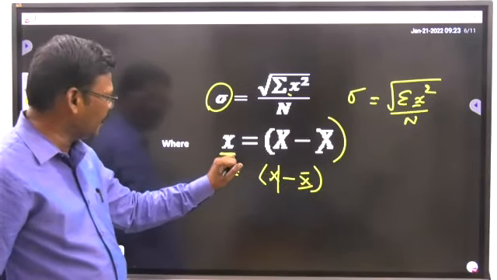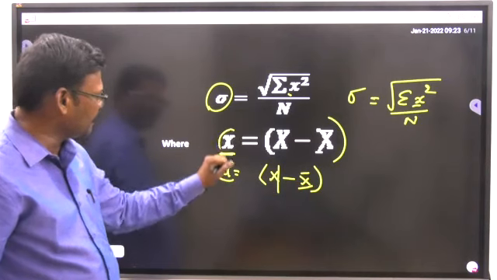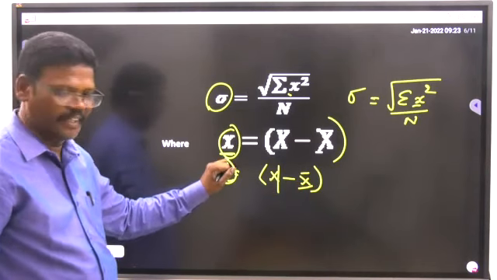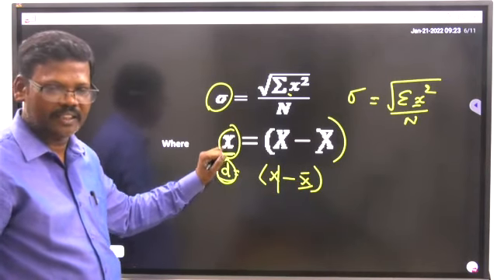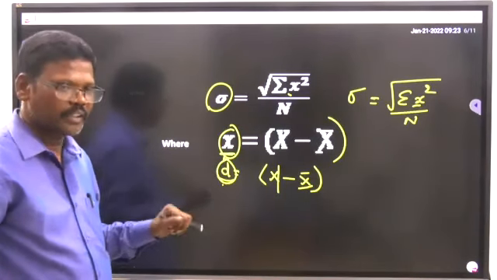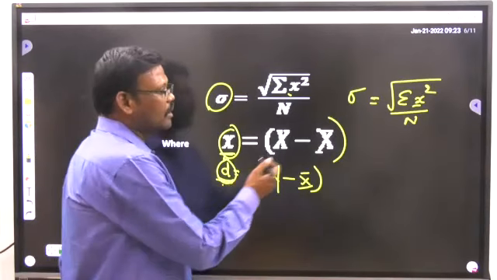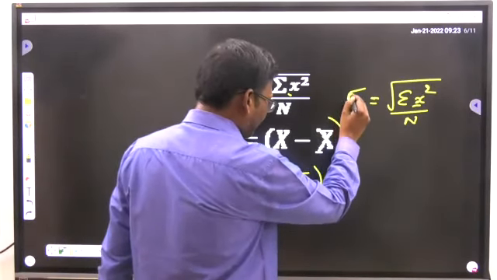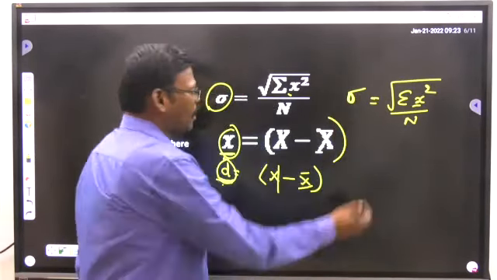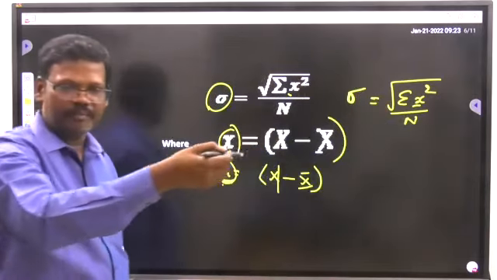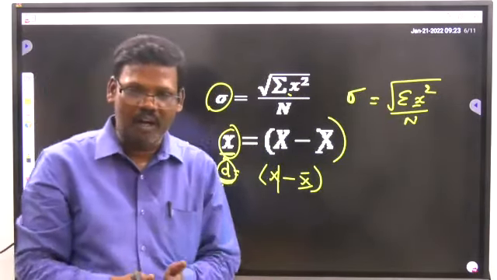Then we will get x or d. Either x or d, in some textbooks we say x, in some textbooks we say d. That is the deviation. So that's why here we can say that the root of